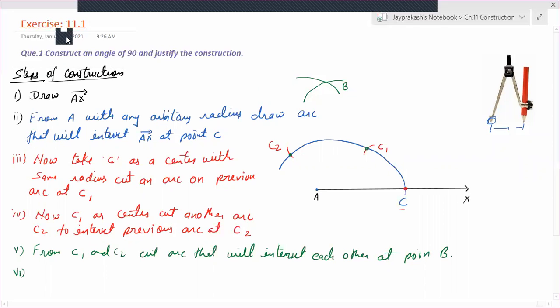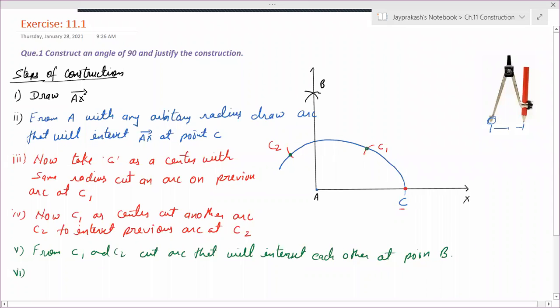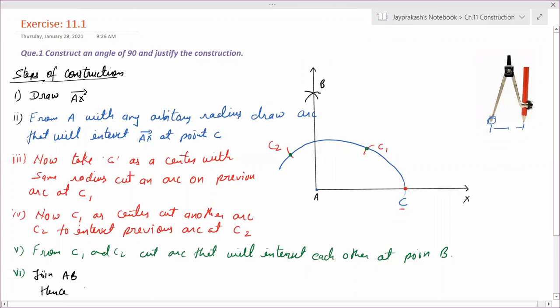So when we draw with the compass, this is the point B where we will join with A. So last step we will write there, join AB. And the last one is: hence angle XAB is 90 degrees.